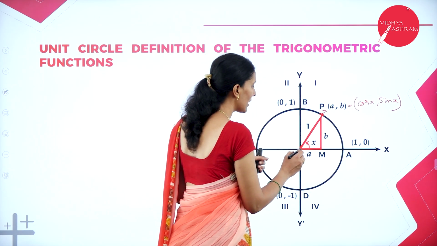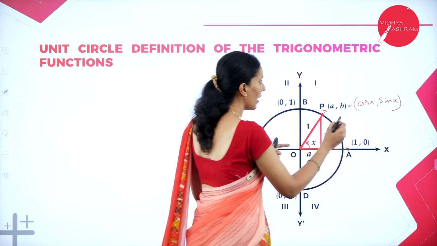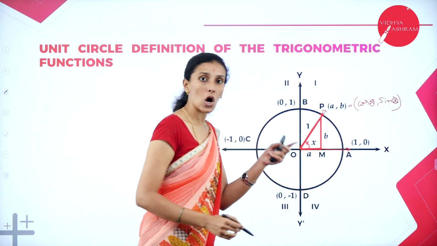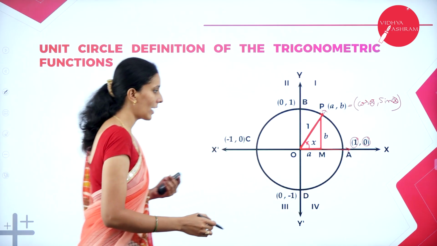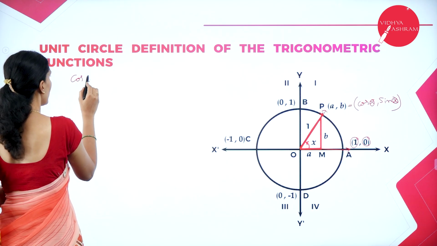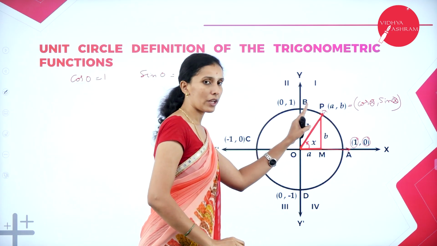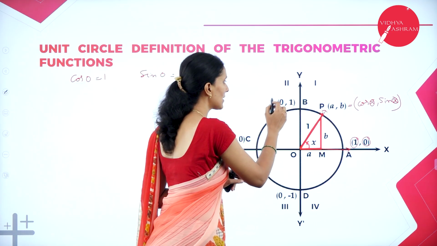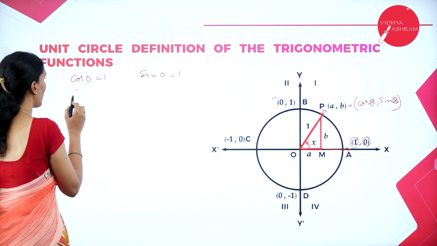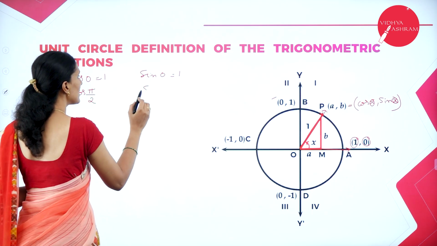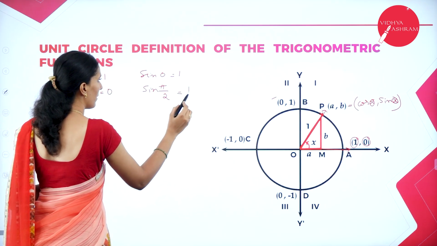So now if you take this as your ray, what is this angle? Your angle is 0. So therefore x can be replaced with cos 0 and sin 0. But here the value of cos and sin is given. So what I can write here, cos 0 is 1 and sin 0 is 0. Similarly, after certain rotation of an angle, you will get 90 degrees. So this can be written as cos 90, sin 90. In terms of radian, it is cos pi by 2 and sin pi by 2. What are the values we got? Your cos pi by 2 is 0, sin pi by 2 is 1.